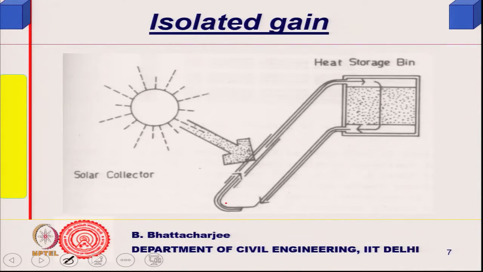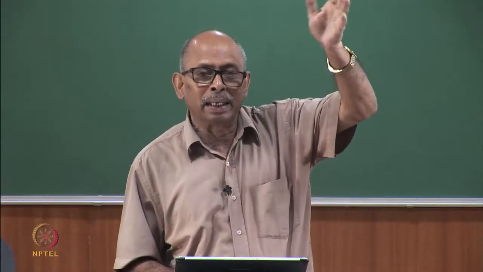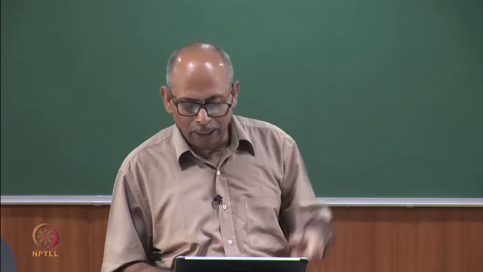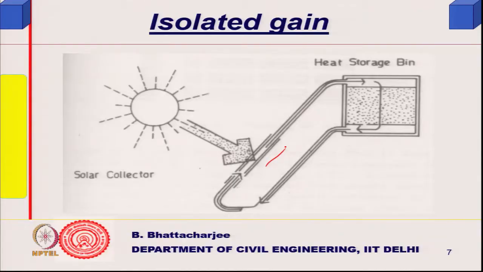And isolated gain is what we use in a flat plate collector, or today you have all those photovoltaic panels, which actually collect, and there of course they generate electricity. This one, of the good old days, will simply heat up the water. So, this is a collector which will receive the sun's radiation, and the water, because of